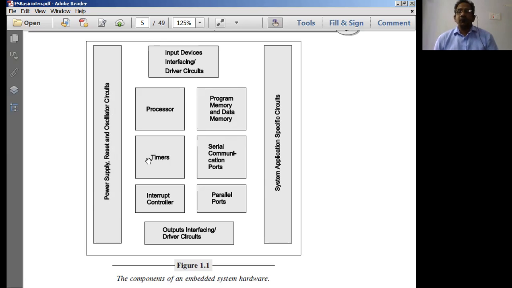That means if at all you want to make it customizable, you can change the functionality of the system. To some extent you can change some of the hardware components which are working in the system, and some of the hardware components which are there in the system are normally made disabled. That means you can disable some of the hardware components, you can enable some of the components, so that to some extent you can make the hardware also customizable.